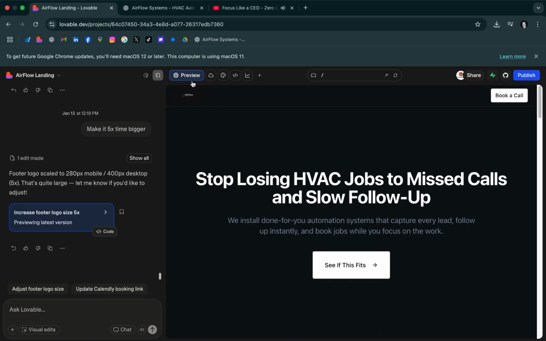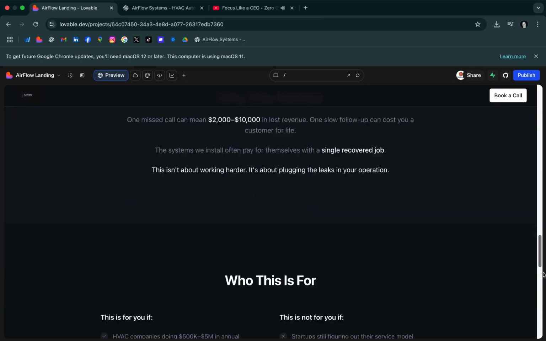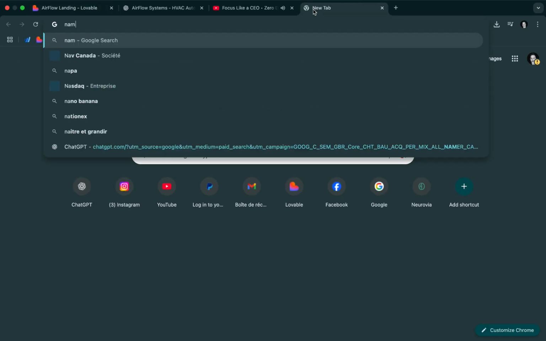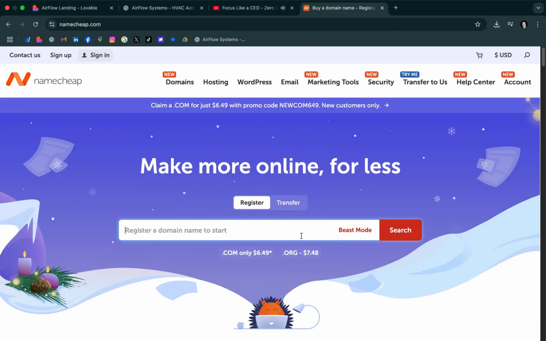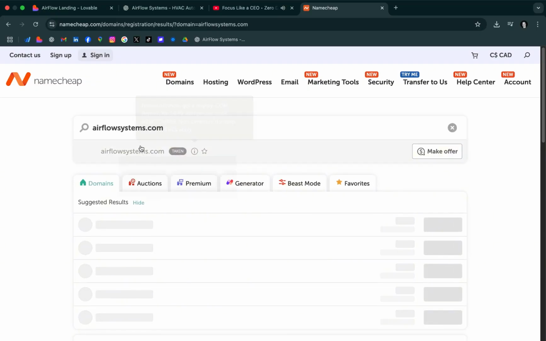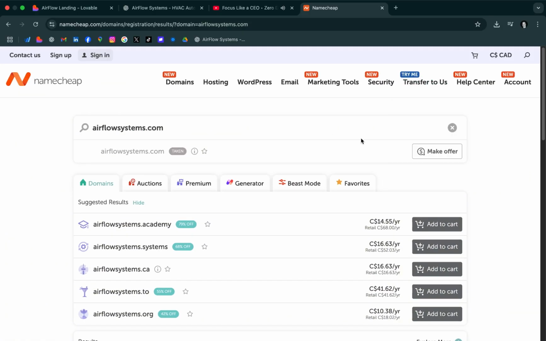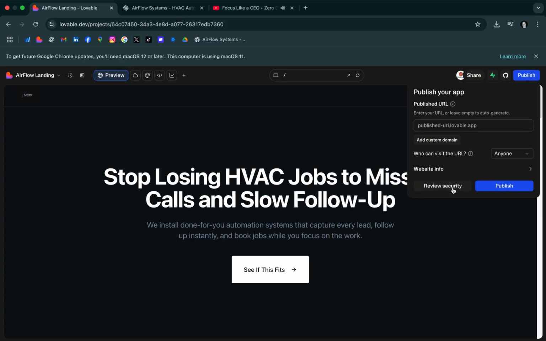Okay, so once your website is fully done and you're happy with it, you just need to get a domain name. What I use is Namecheap, and then you choose your domain, you search it, you buy it. I won't buy this one right now, but there's lots of choices, and then you create an account, you buy it, and then you go here in Lovable, you publish your project first,